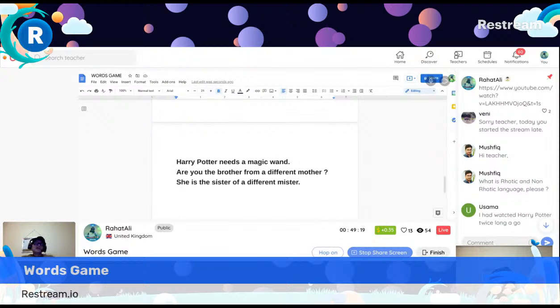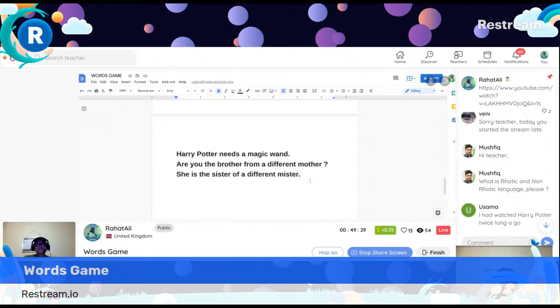And obviously, when there is a consonant sound after the R, or when the R is at the beginning of a word, we must pronounce it. Look at this word, regular. We pronounce the R at the beginning, but we are not pronouncing the R at the end because there's a vowel sound before the R. Irregular.